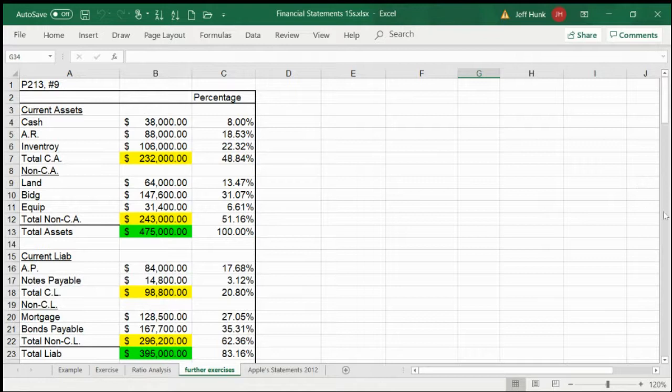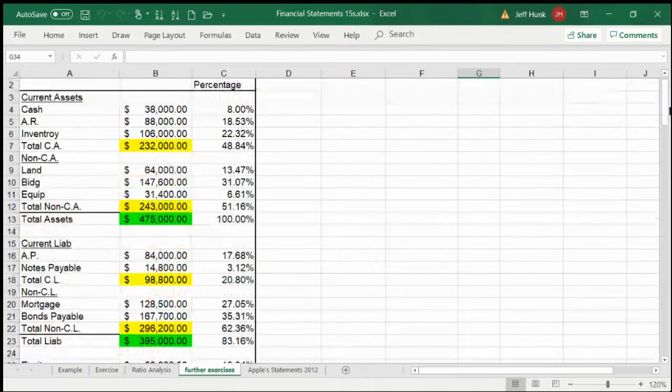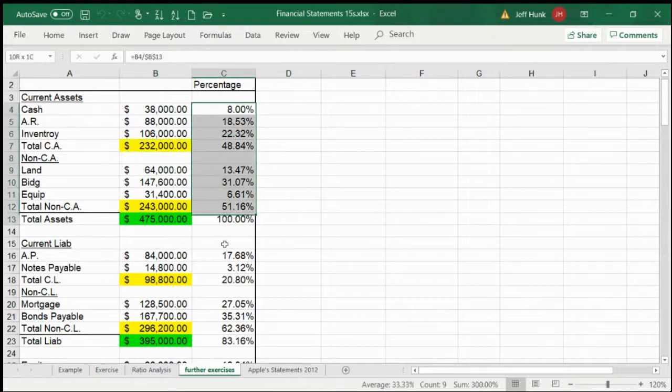our next exercise is what they call vertical analysis and horizontal analysis. Now, vertical analysis is actually not a very good name, I don't think, but that's just the way they call it. I would like to call it the common size statement. Common size statement means